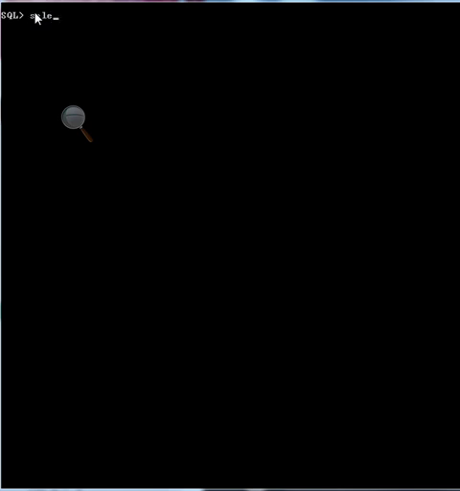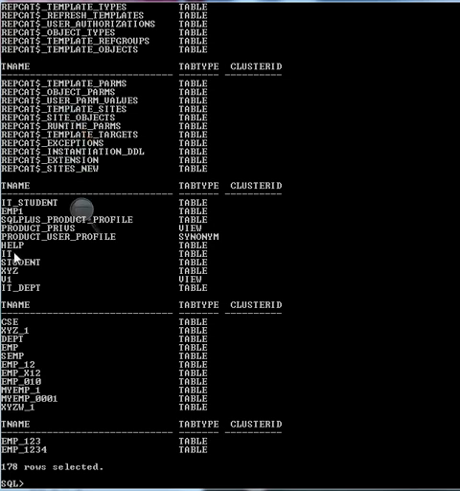Select star from tab. So these are the system tables which we have available. Take any of the tables. Let's take table xyz.